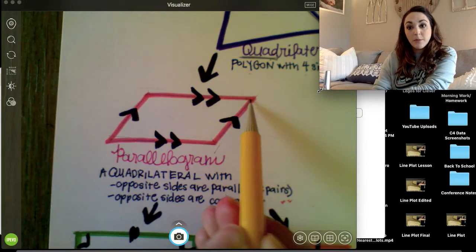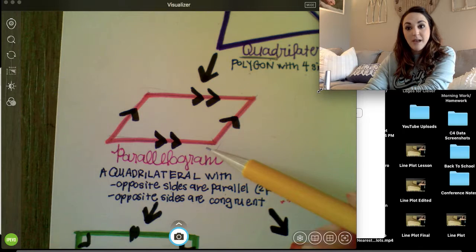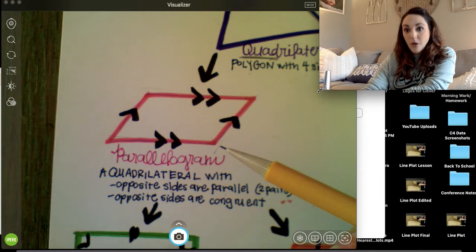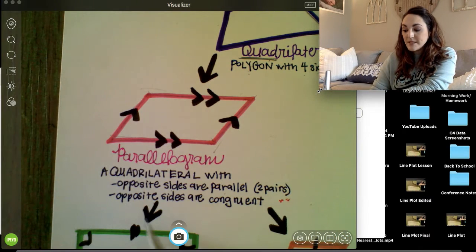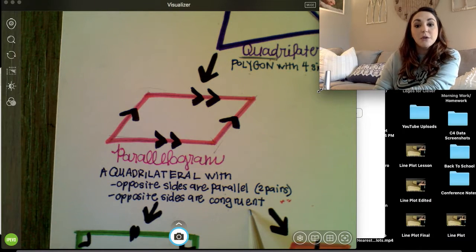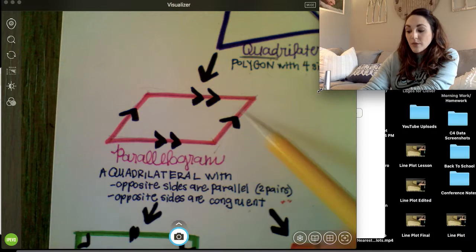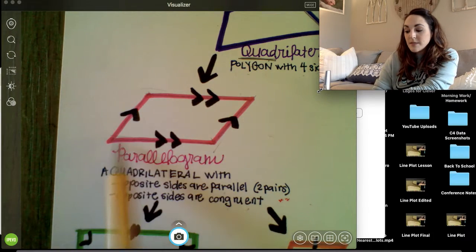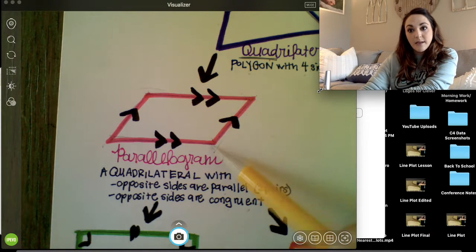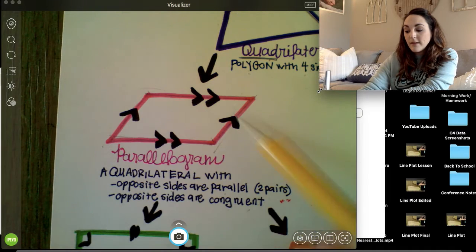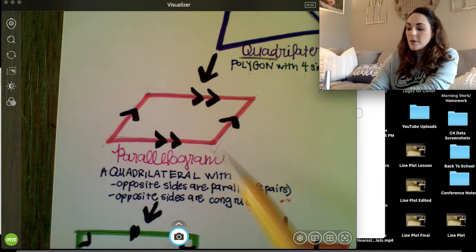The top and bottom are parallel, and both sides are parallel, meaning they will never cross each other. Opposite sides are also congruent. Congruent is a word that we use in math that means identical. These sides are equal. They are the same. This top side is the same as the bottom. This side is equal to this side. Okay, so not only are they parallel, they're equal. So a parallelogram